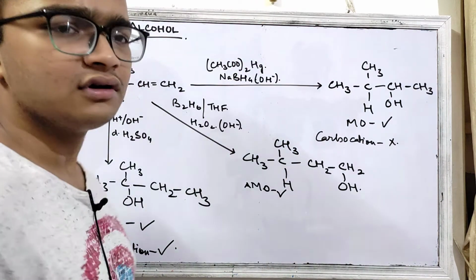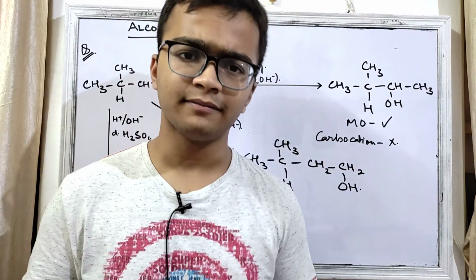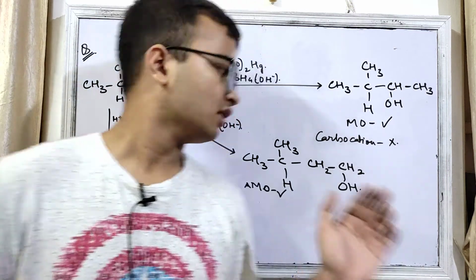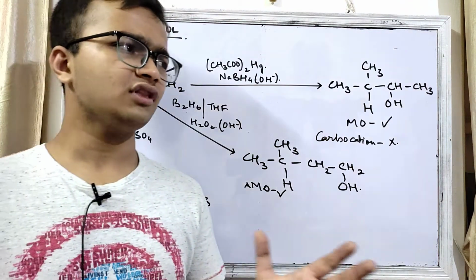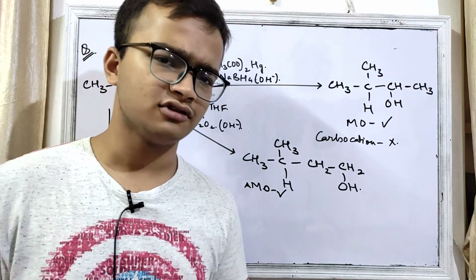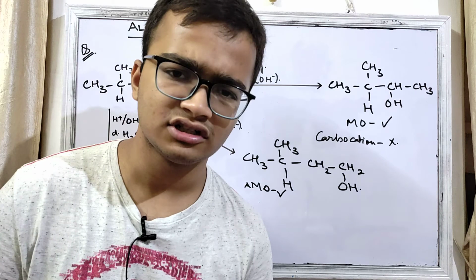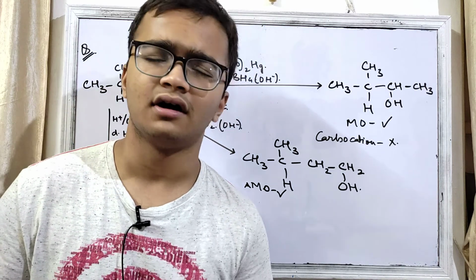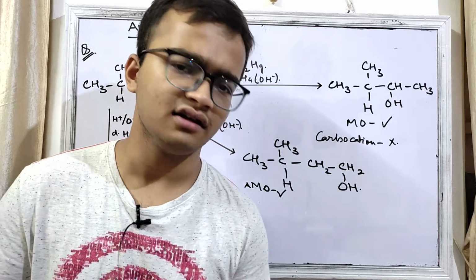So this was a typical question where we did all the three types of reaction for the preparation of alcohol from your alkene: by the addition of water, by oxymercuration demercuration, and this one, the hydroboration oxidation. So copy it up to this much. Next, we will learn about the preparation of alcohol from the reduction of your aldehydes and ketones. So copy it.